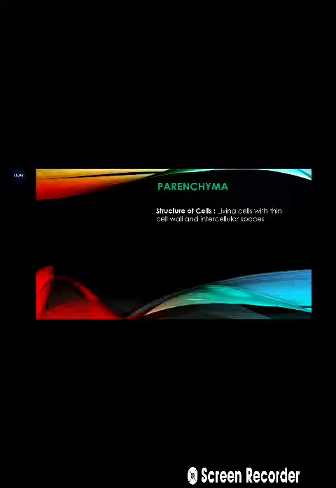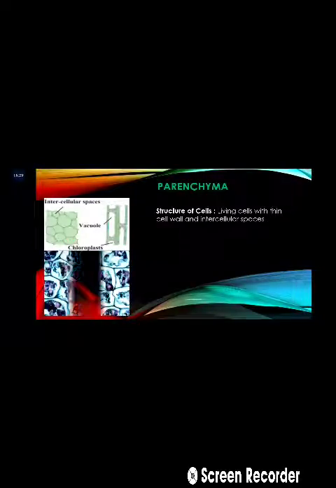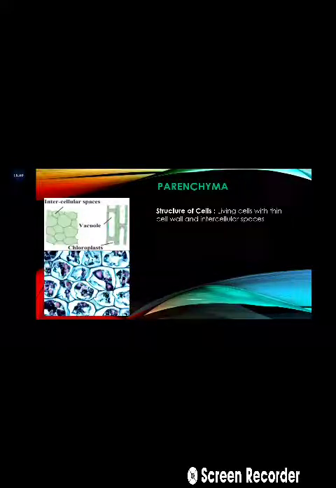They are rich in cytoplasm with a thin cell wall and intercellular spaces between them. As you can observe here, the cells are usually spherical or oval in shape and they are arranged compactly. The cell wall of this parenchyma cell is very thin and it is rich in cytoplasm. This is how you can observe it under the microscope. This is a stained slide of the parenchyma tissue. Observe the cell wall and this part is known as the cytoplasm.